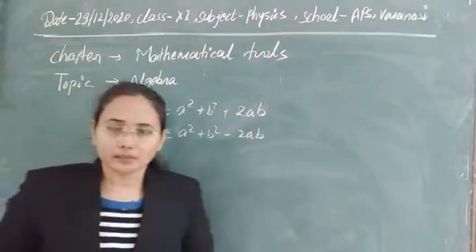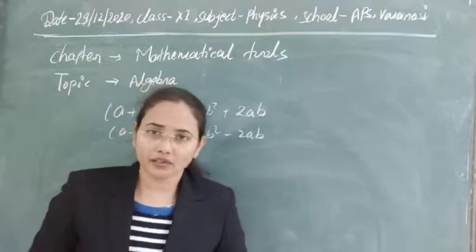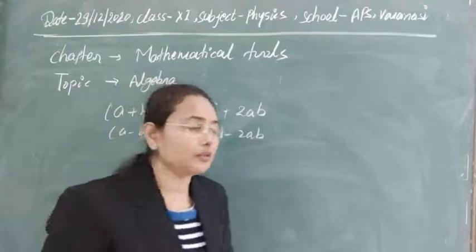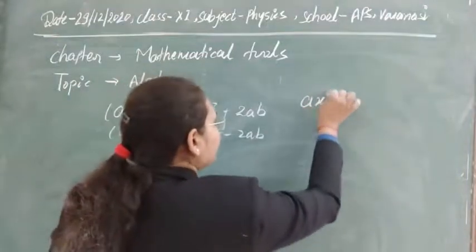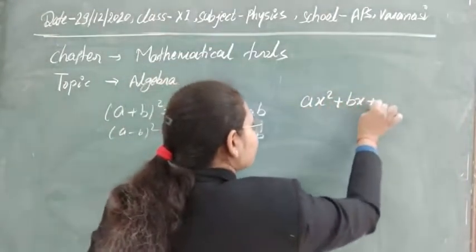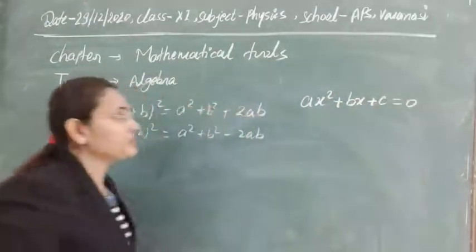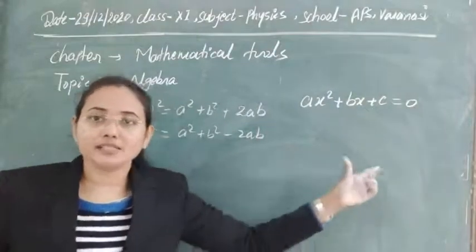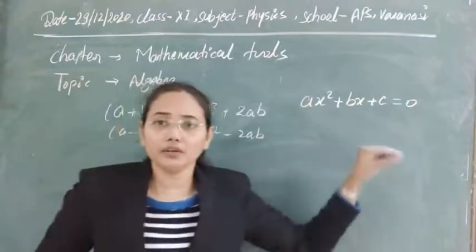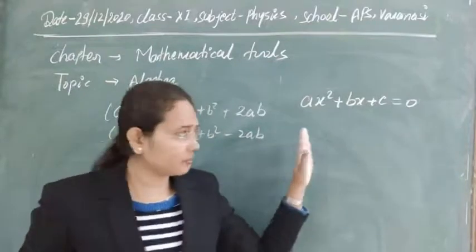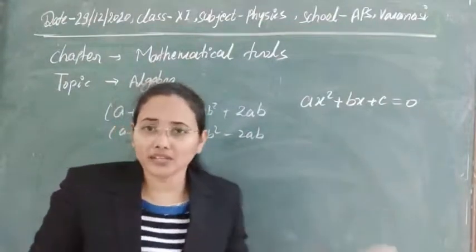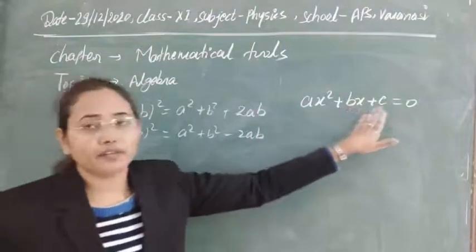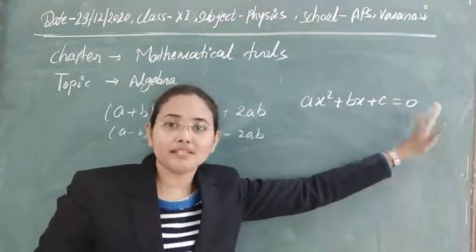But still, suppose that we have some quadratic equations. In general, a quadratic equation is written as ax square plus bx plus c is equal to 0. This is the general form of the quadratic equation. And if such types of equations come up in your derivations or in your questions while you are solving numerical problems, I think some of the students face problems with it.